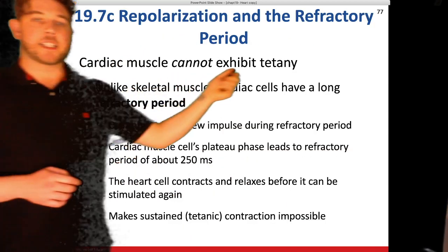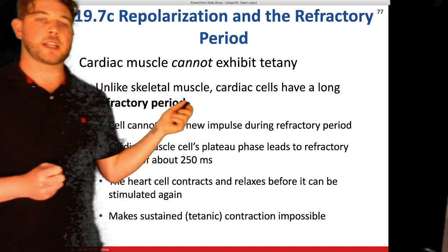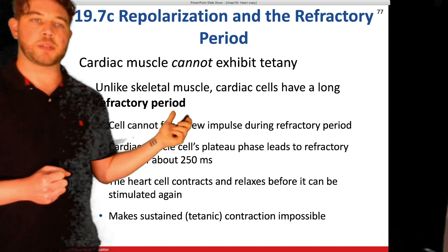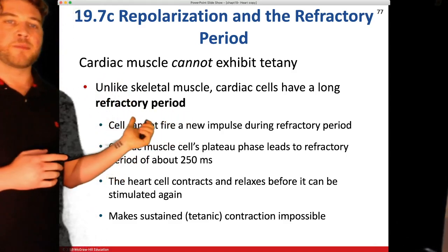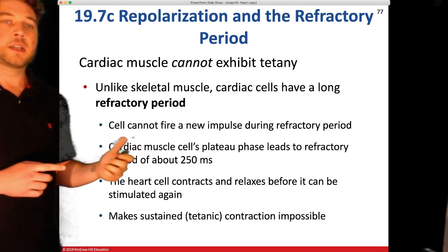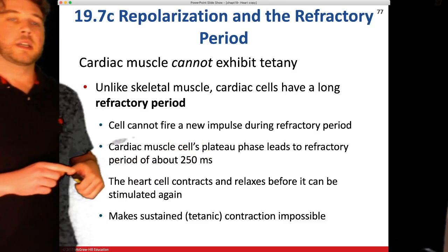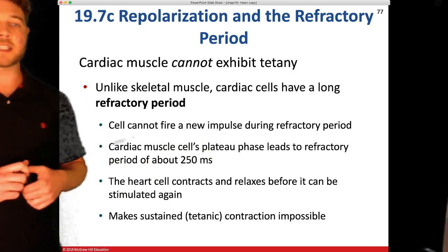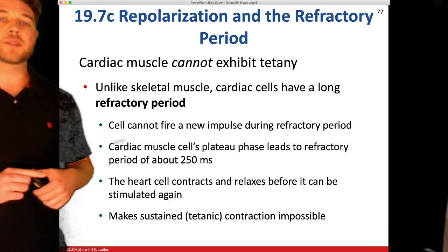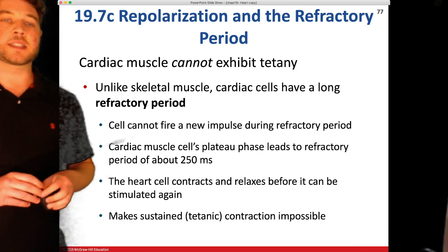Cardiac muscle cannot exhibit tetany. Tetany is prolonged contraction. Unlike skeletal muscle, cardiac cells have a long refractory period, that plateau, where the calcium and the potassium are going in and out. That causes a refractory period. The cell cannot fire a new impulse during the refractory period, and the cardiac muscle cells' plateau phase leads to that. It's about 250 milliseconds. The heart cell contracts and relaxes before it can be stimulated again and